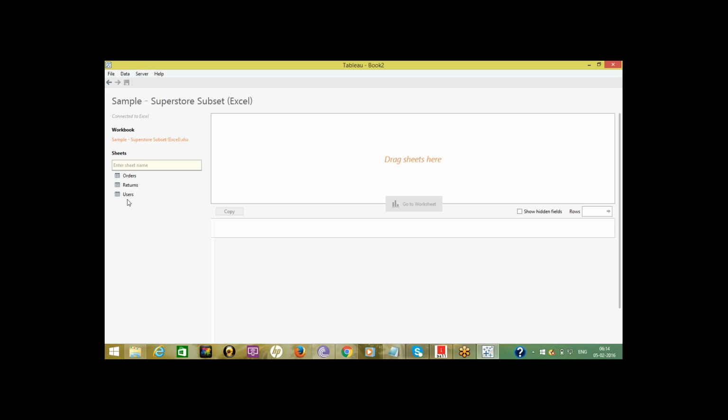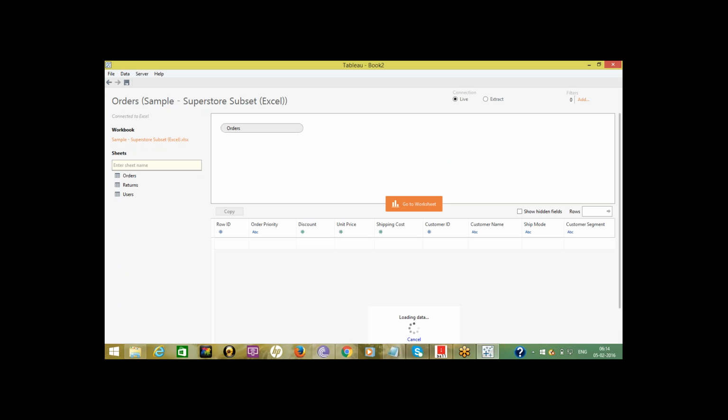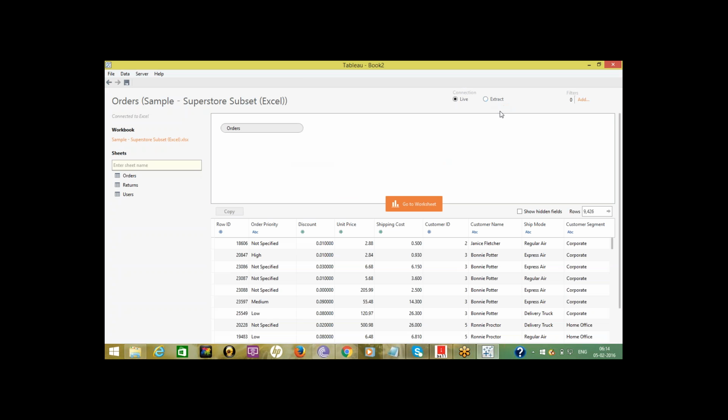Here, for example, simply drag orders table. See here, we have connection types, live and extract. Previously its name is import. In the latest version, that is extract.